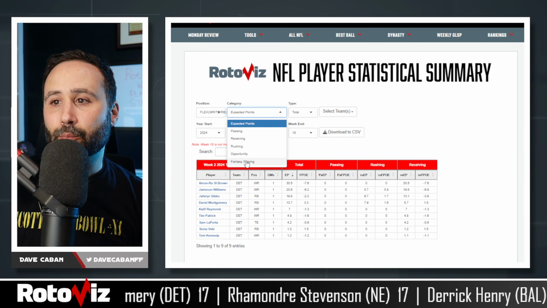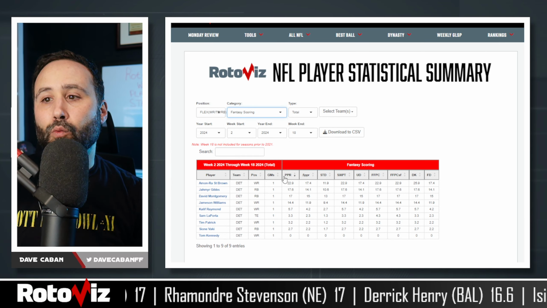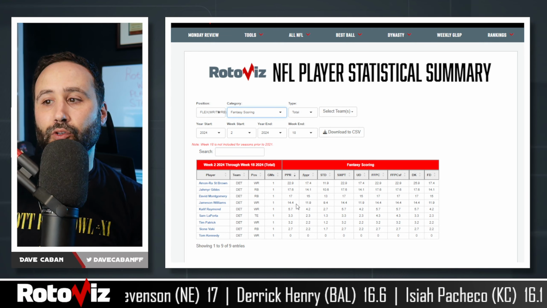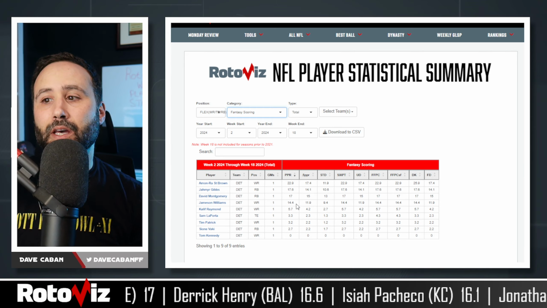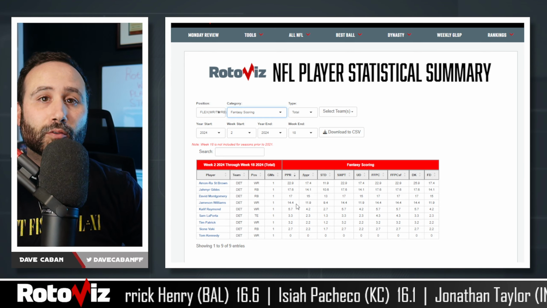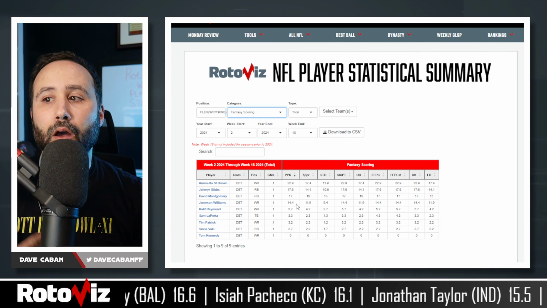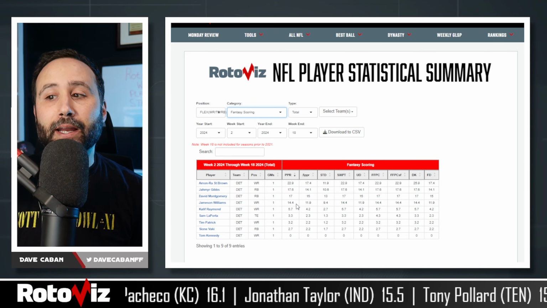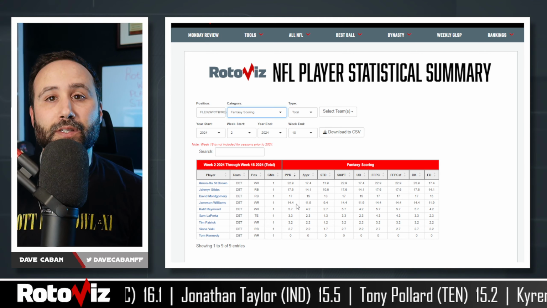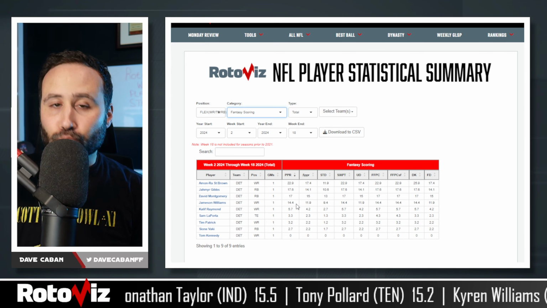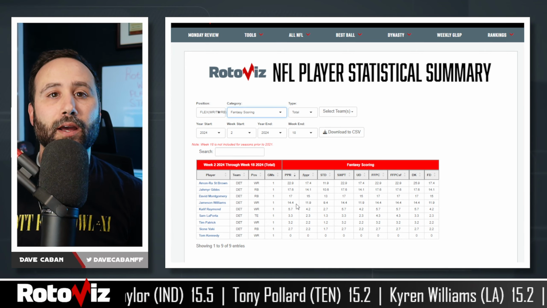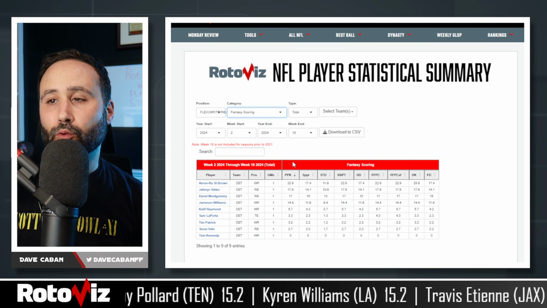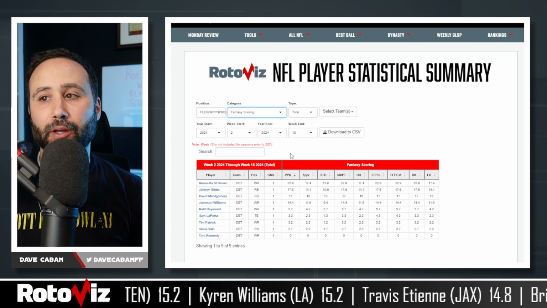Because, for example, if we now toggle to fantasy scoring, we'll see that Amon-Ra St. Brown had 22.9 PPR. Jameson Williams had 14.4. Now, in this case, the delta between that scoring is fairly in line with what we saw when we looked at the expected points versus the actual points. But you might have cases where maybe Williams had a touchdown and St. Brown had a few less targets and things were kind of different. We'll try to find an example of that here quickly, but it lets you better gauge a player's opportunity than